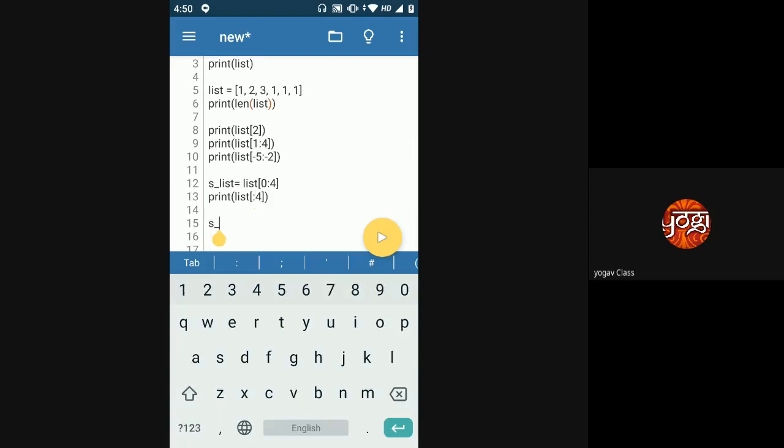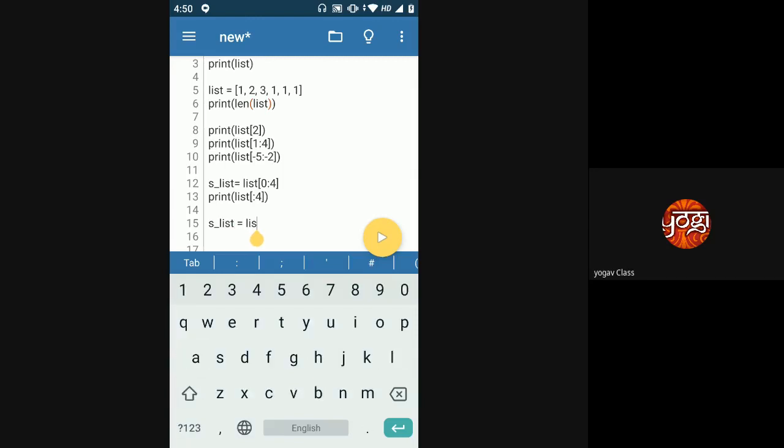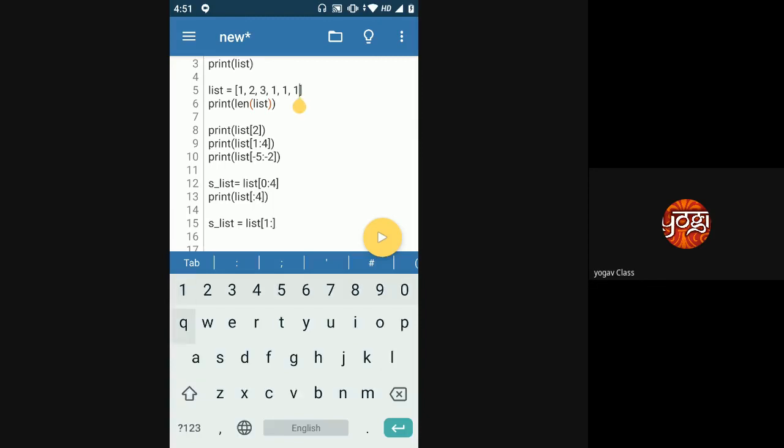Similarly, now suppose from the second element to the last element, if I want to get the values, what should I write? 1 colon, list square bracket 1 to 4? 0, 1, 2, 3, 4, 5, till the last one. 5 is the index of that number, right?